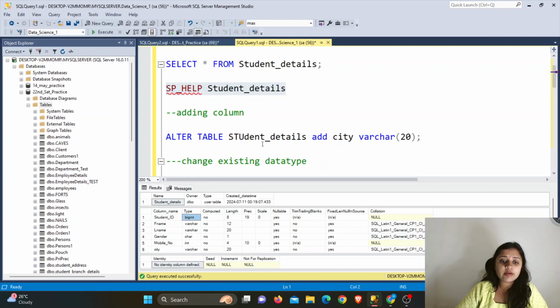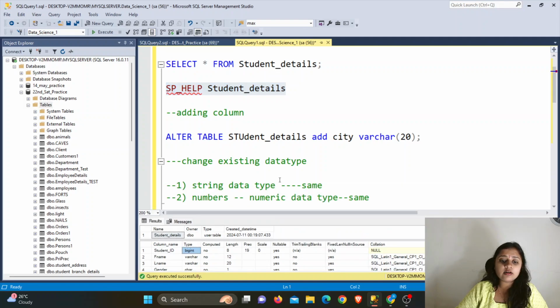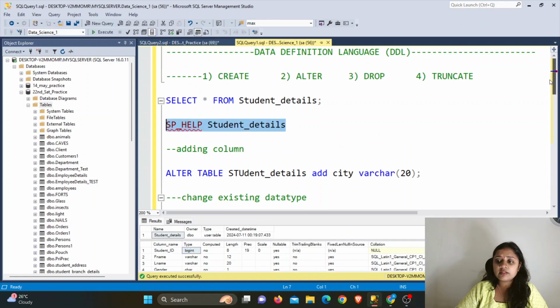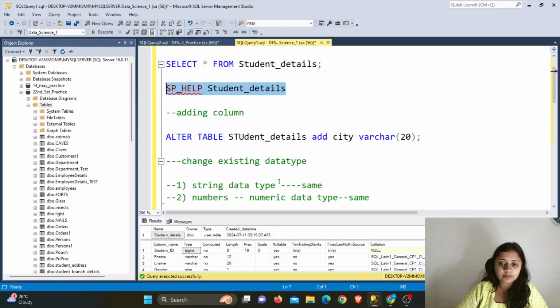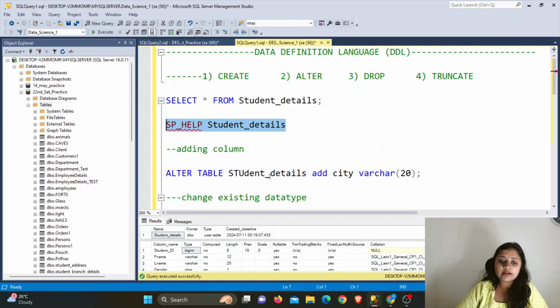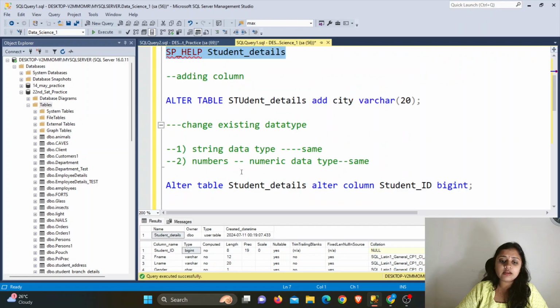So in this way, the alter option has two uses. If you want to add any column into the existing table structure, you can use the alter command, and if you want to change any existing data type, you also need to use the alter command.